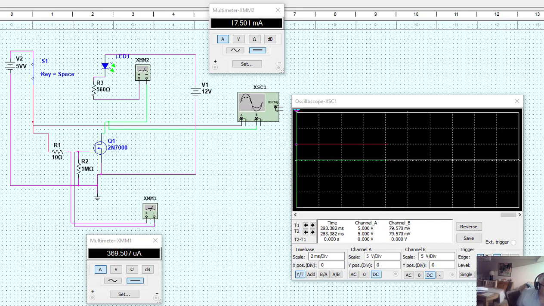So I've set up a little simulation here to try to explain the principles of using a FET to switch something external. And I've set up this little circuit simulation. Starting at the top, we have a 5-volt power supply which is feeding, via a multimeter acting as an ammeter, the gate of a